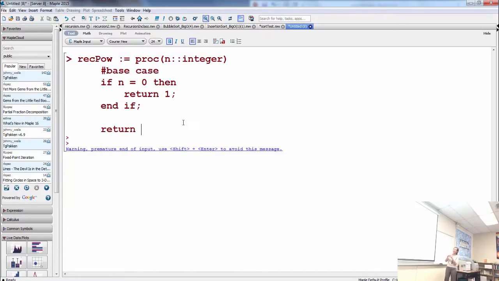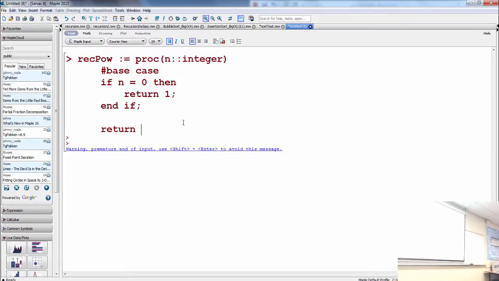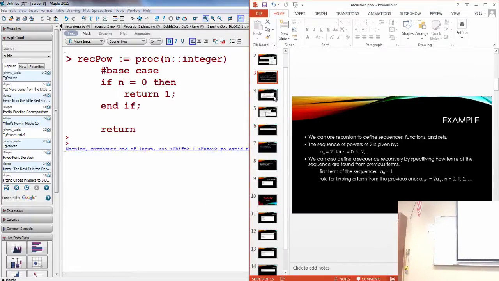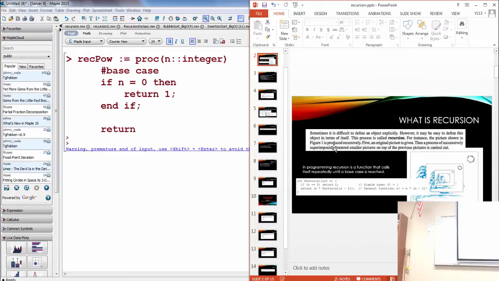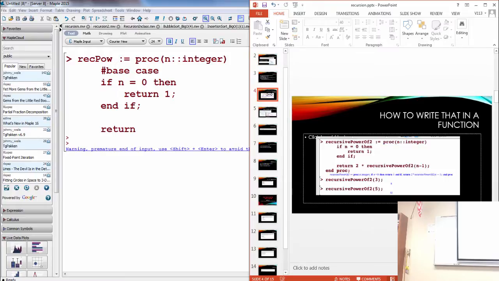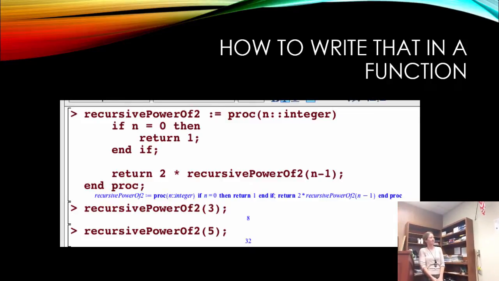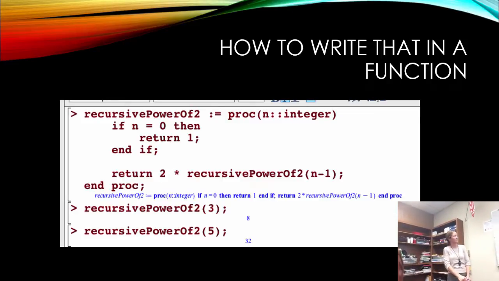How would we write our return statement? Actually, I can remember if we look at our PowerPoint here. We were just looking at this guy. We should know how to write this. And that's how we write him. Okay.